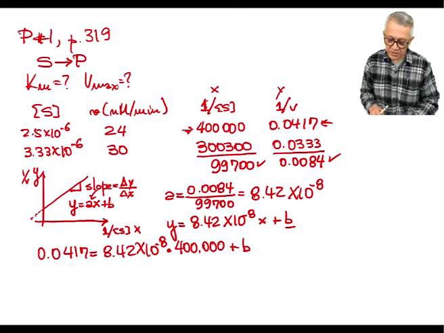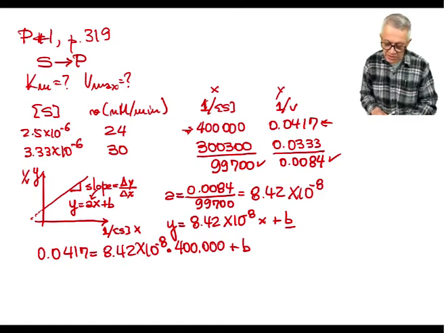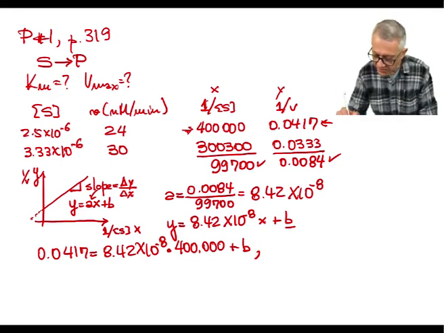So 8.42 10 to the negative 8 times 400,000, and all this thing divided by 0.0417. So from here we get b equals